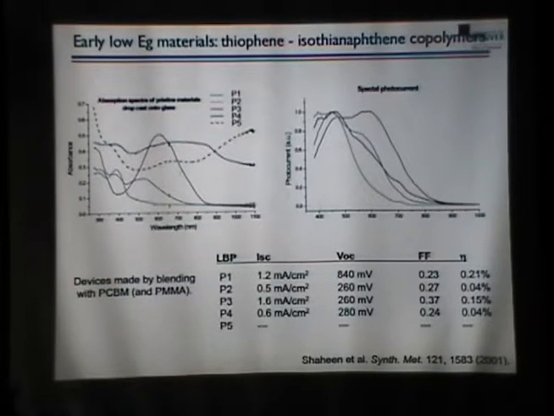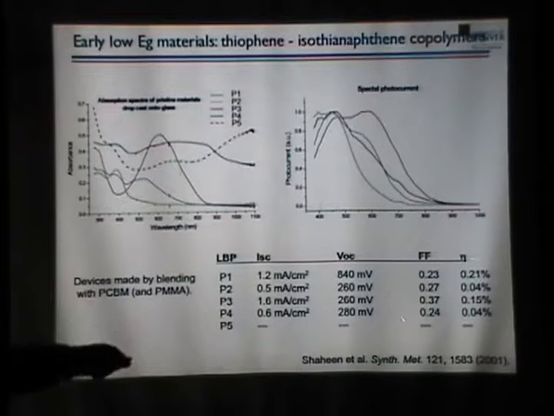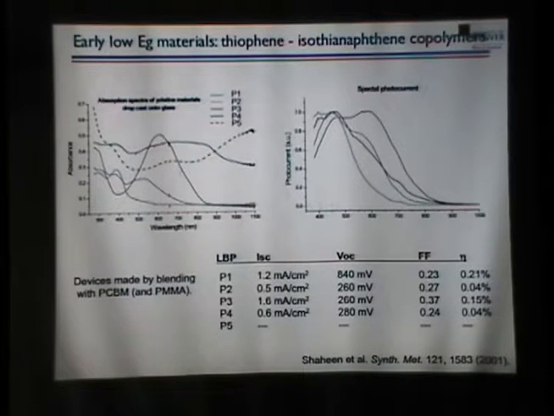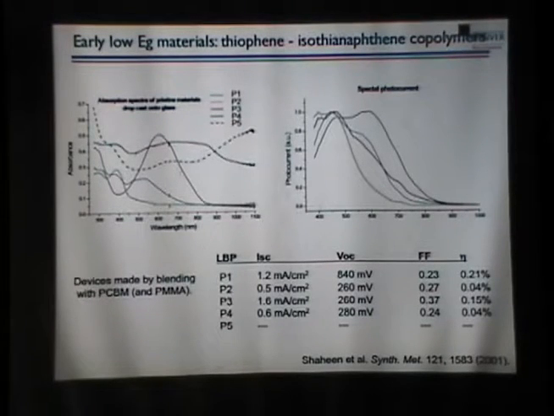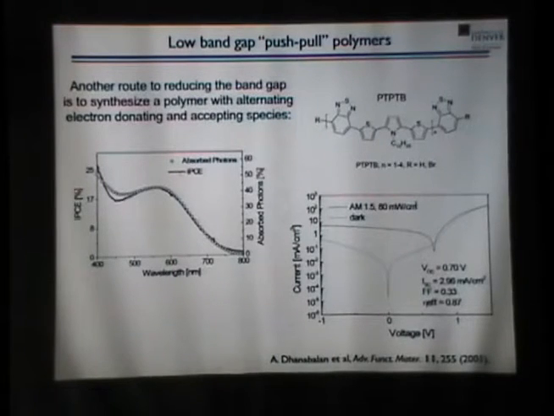So we made some devices out of this, and well, they weren't the greatest devices in the world. We got efficiency something like 0.2%. So the materials were a little bit disordered, and we weren't very good at processing at the time. But nonetheless, we showed some collection of charges down around 800 nanometers. So these are some of the first low band gap organic solar cells. Okay, so the field has progressed a lot in the last 10 years, and there's many more different molecules that